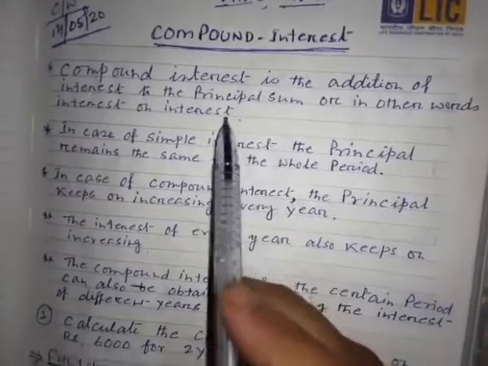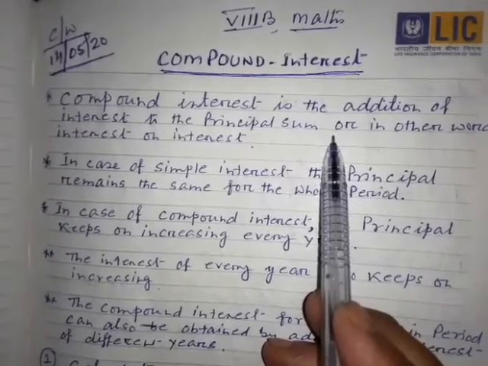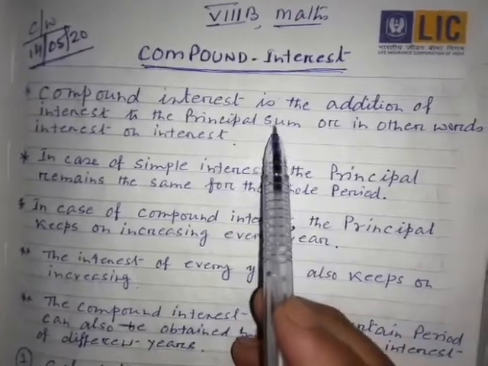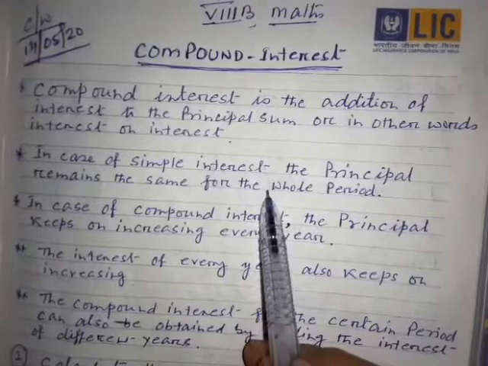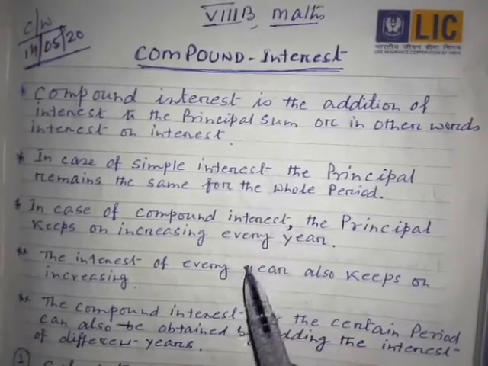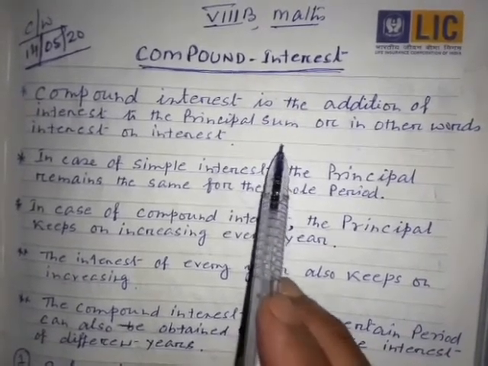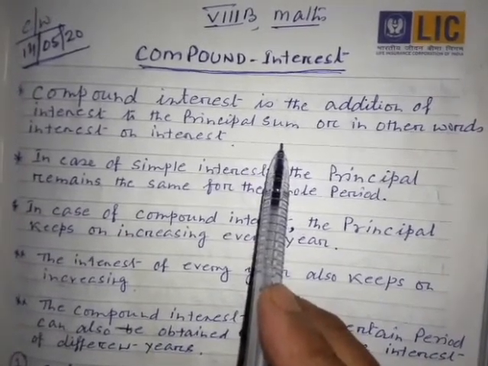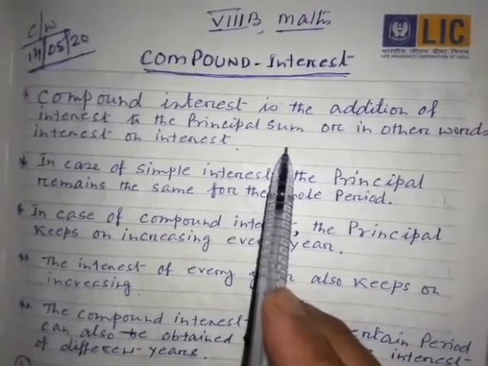Here, I had given you certain notes to make it clear before going to solve the problems. Whenever I go to the class, I make you understand certain basic things by a common example or common notes. If you read these notes, you'll be able to understand what compound interest is. First, you should have a clear conception about compound interest, and understand the difference between compound interest and simple interest. If you understand these two things, it will be very easy for you to solve it.